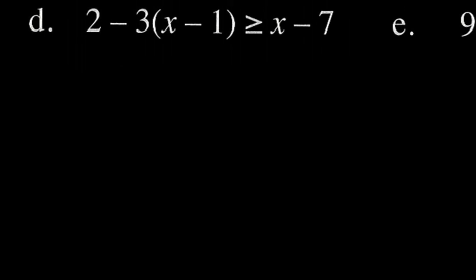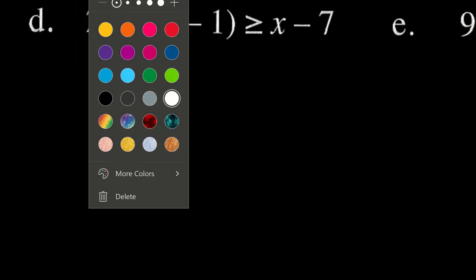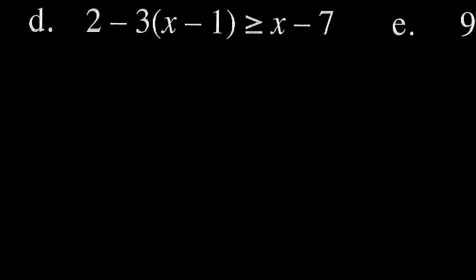And this time, I'm just going to say, you know what? Forget it. I'm not going to do this whole regimen. I'm just going to follow along and treat it like it's an equation, and go ahead and solve the inequality. So I could say 2 minus 3x plus 3. The first thing I did, if you look, is distribute this negative 3 to both the x and the negative 1. So on the left-hand side this became 2 minus 3x plus 3, and this is greater than or equal to